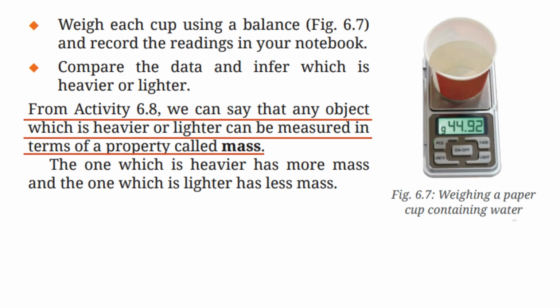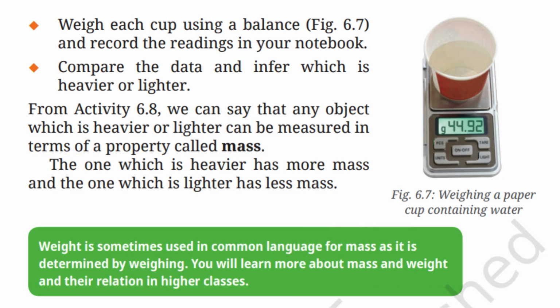Predict which one would be heavier and which one would be lighter. From this activity, we can say that any object which is heavier or lighter can be measured in terms of a property called mass. The one which is heavier has more mass and the one which is lighter has less mass. Weight is sometimes used in common language for mass as it is determined by weighing. You will learn more about mass and weight and their relation in